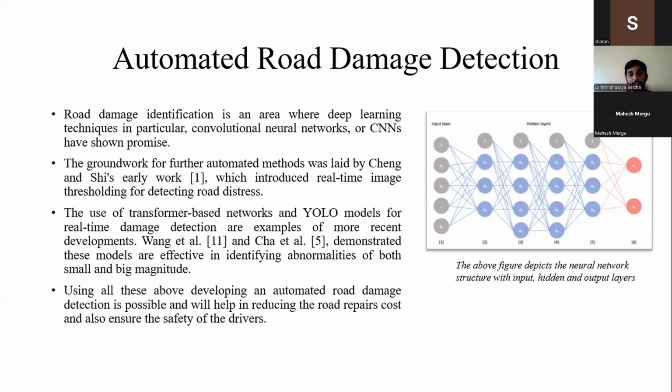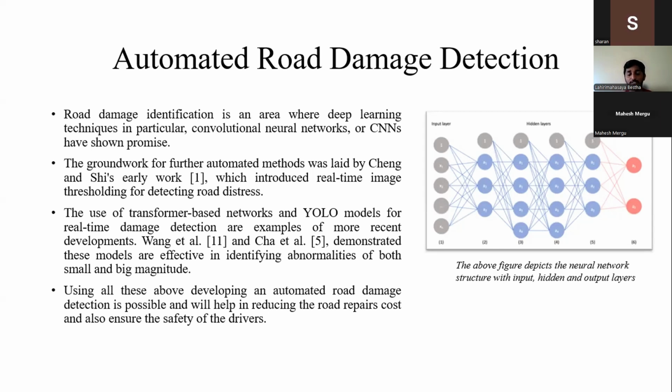There are already several papers written across the deep learning domain on road damage detection. One of the approaches is convolutional neural networks, where they simply classify whether the road is damaged or not damaged. That has been improved using the YOLO models, that is,